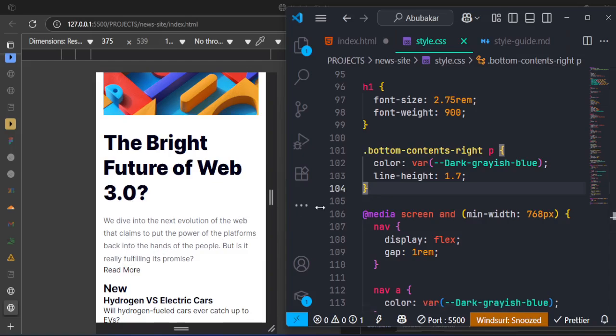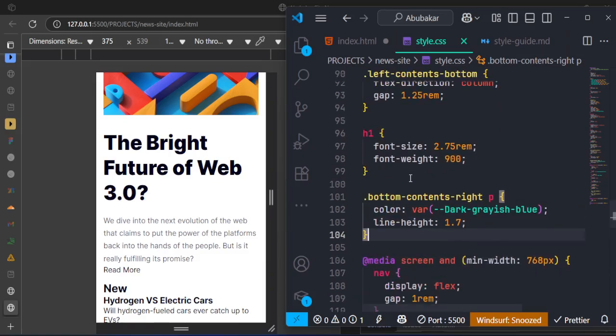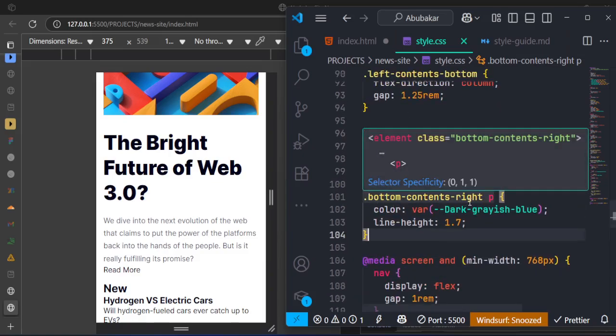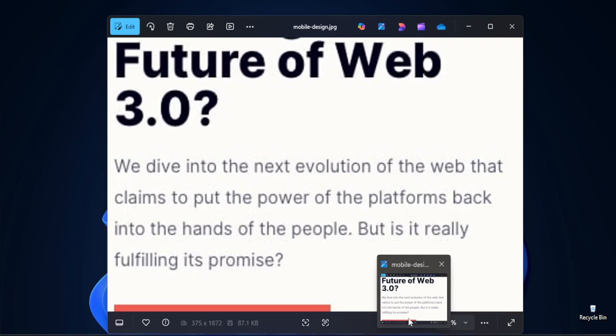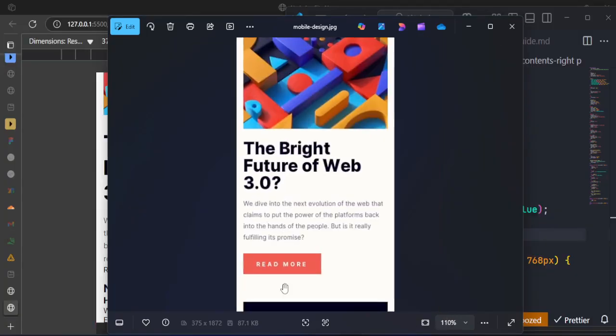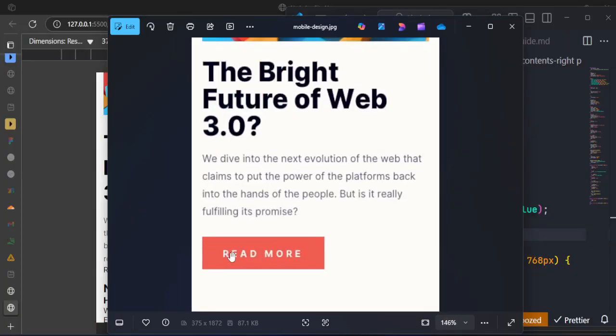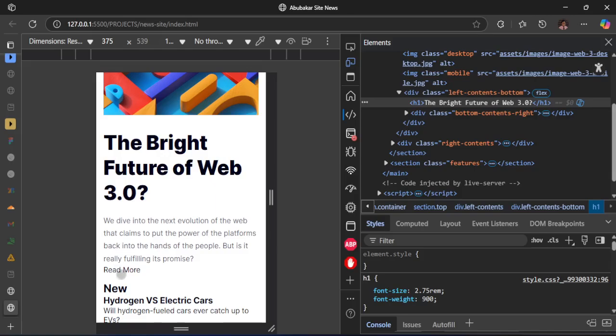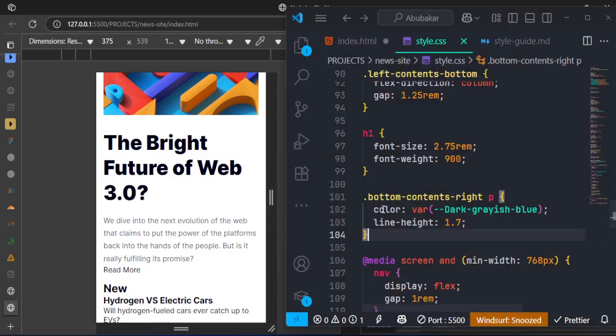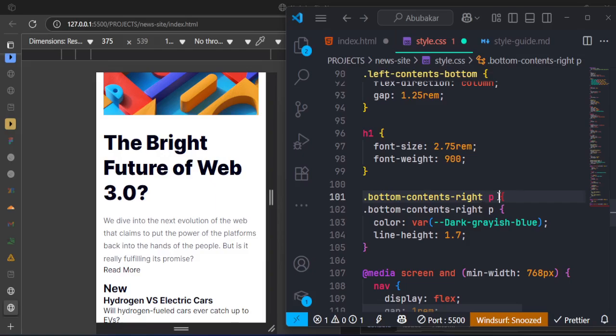So this is what we have here. But this bottom right too that we have here, so this bottom content, this one too is a container on its own that we need to style, because if you look at it, it contains this text and this button, and that's the reason why they are jam packed together right now. But they are not supposed to jam pack together. So what we need to do is make sure that we style the two of them together too